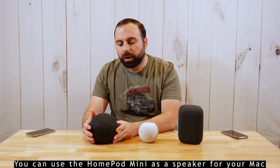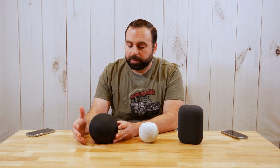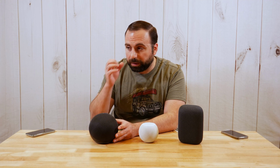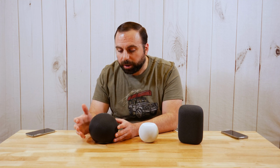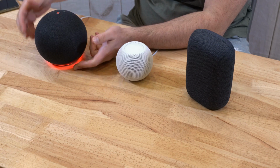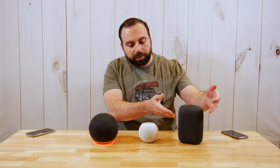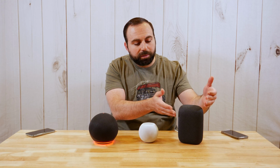So then moving on to Amazon's answer, well, this one is actually very capable, right? Because you can use this as a Bluetooth speaker. It has Alexa built in, so you can ask for all those commands and stuff. You have the physical buttons here where you can mute it and stuff. It can't hear you. It lights up from the bottom. So in terms of lights, this is the nicest. This is the second nicest, and this is pretty much